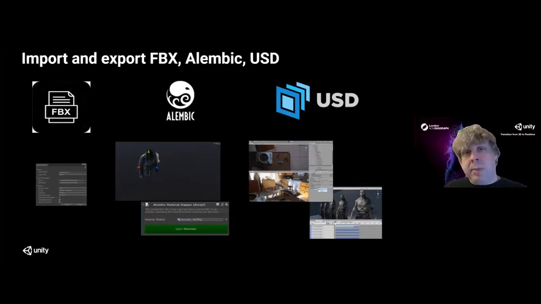But I think a lot of people are looking to the future for USD. And we do have USD support, and USD supports everything. It's the next gen Universal Scene Description format by Pixar, but it's also on the Academy Software Foundation open source list. And it has MaterialX embedded now. It has skeletal USD, it can have lighting information, and it can hook up to Hydra and connect to path tracers. So USD is going to be the format of the future, in my humble opinion.